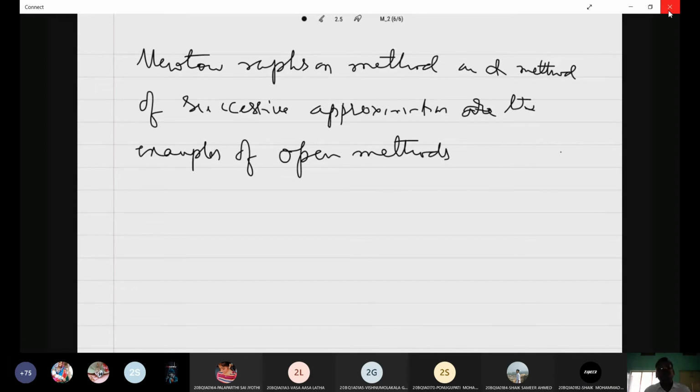Now we move into the first method, which is known as the bisection method. Now hardly 10 minutes is there, and I am going to take at least 5 minutes. And after that, we have to take the attendance and any doubts regarding today's topic. Okay. Now let us see the bisection method.